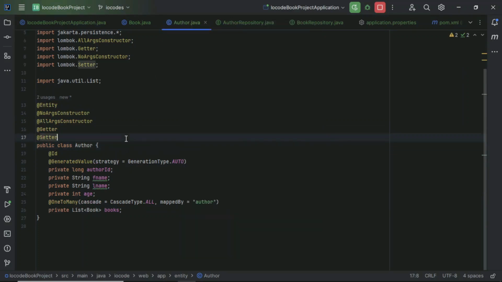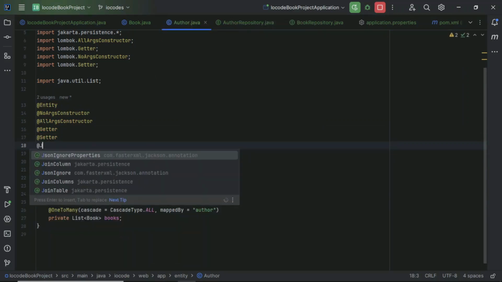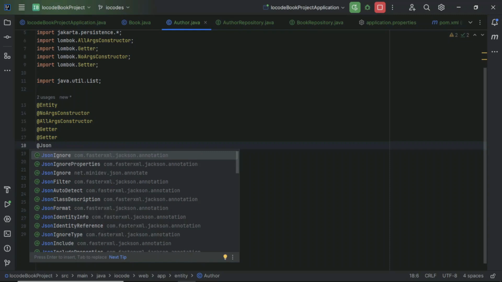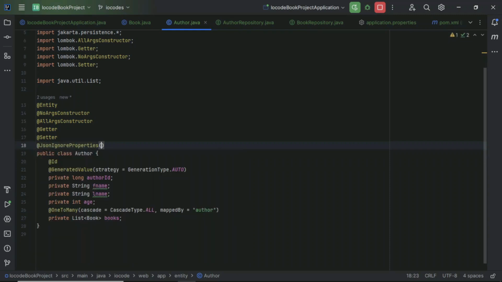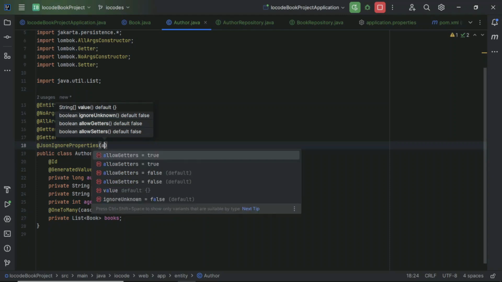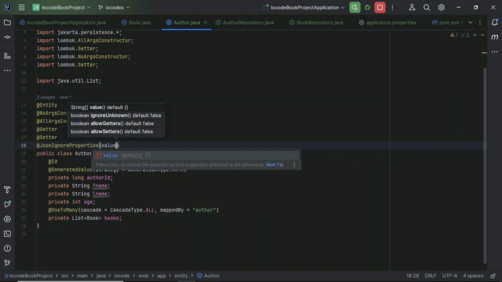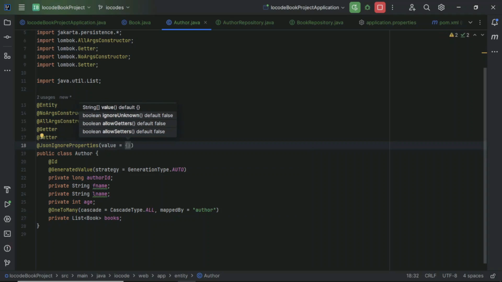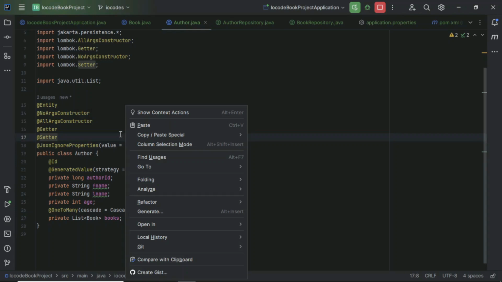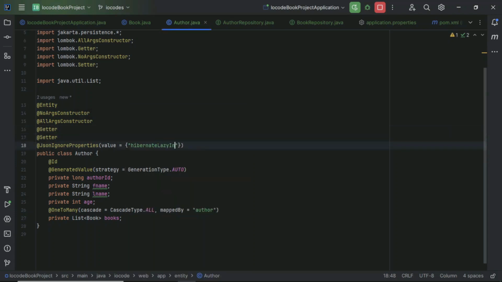author class, to be precise, with @JsonIgnoreProperties, and then we want to specify the properties to ignore. So we'll just say value, and it should be in double quotes, hibernateLazyInitializer, as hibernateLazyInitializer. Then we want to give another parameter which is handler,